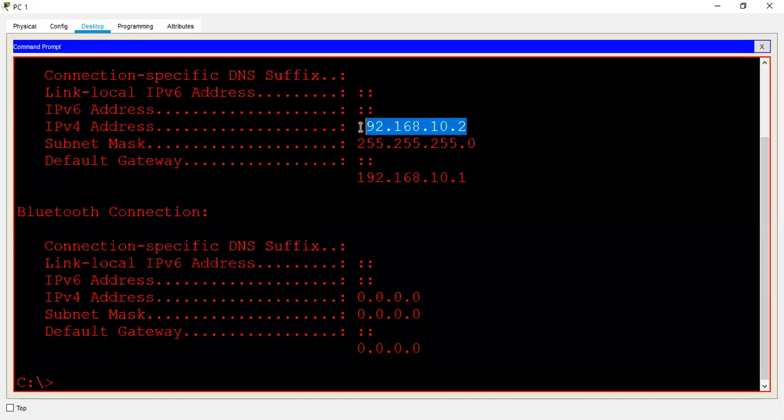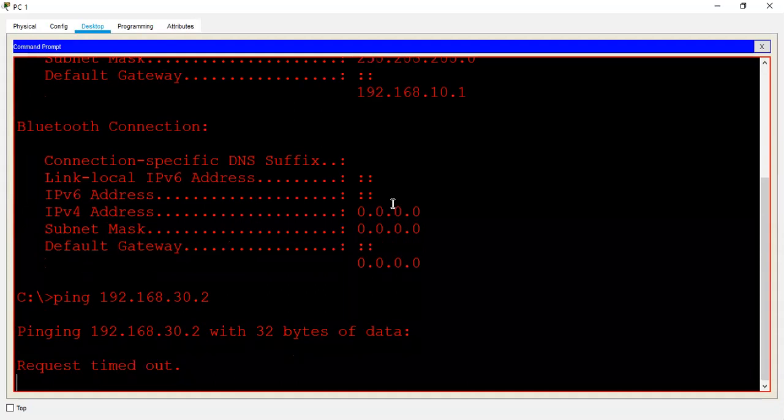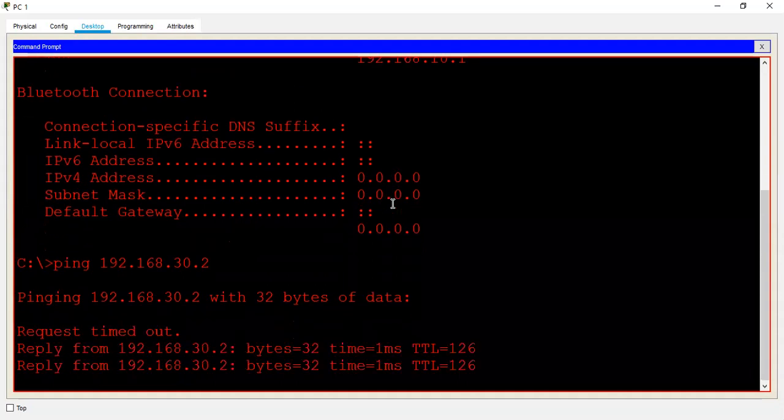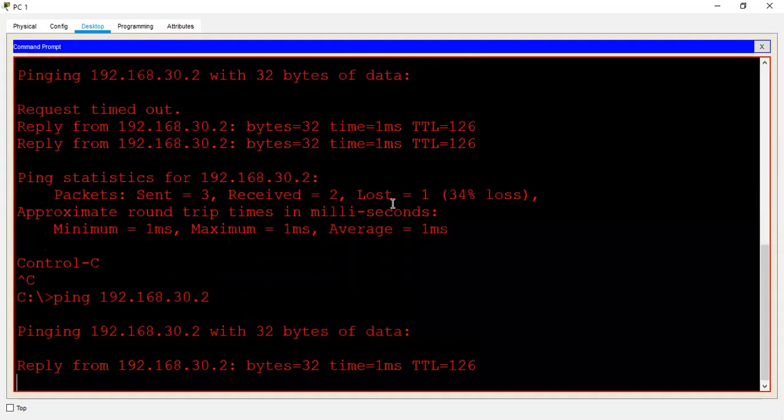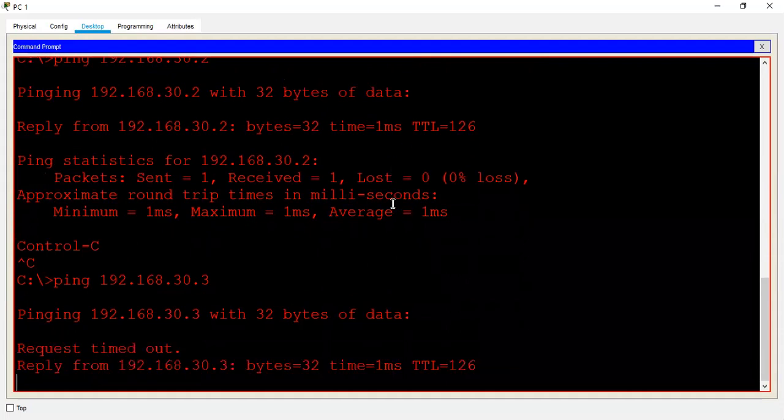Your system IP is 10.2. Ping 192.168.30.2. Yes, you are able to reach it. 30.3, the second system within the 30 network. Yes, you can.